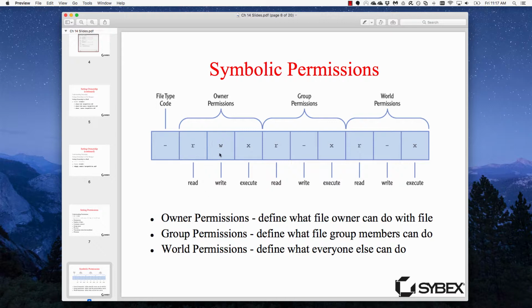The next 3 characters are for the owner permission. So if the owner has read access, then the R will be set. If the owner has write access, the write will be set. Same thing here for execute. If the owner does not have one of these permissions, then there'll be a dash populated in here instead of